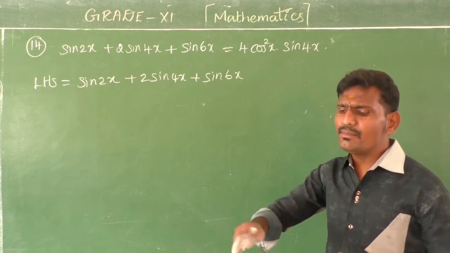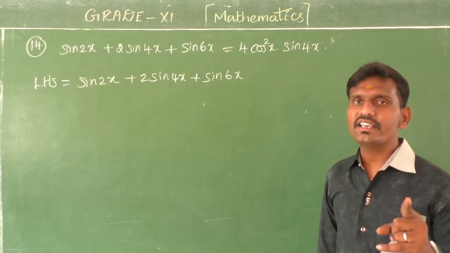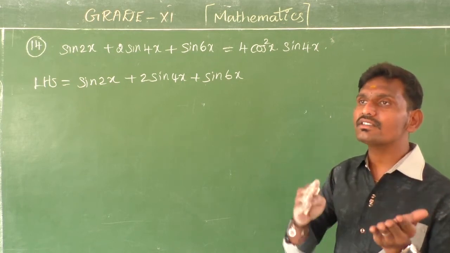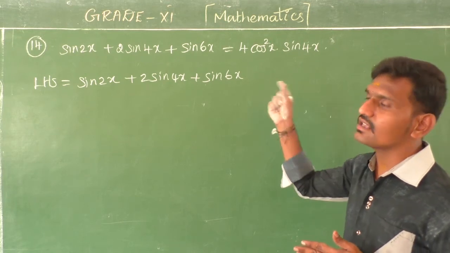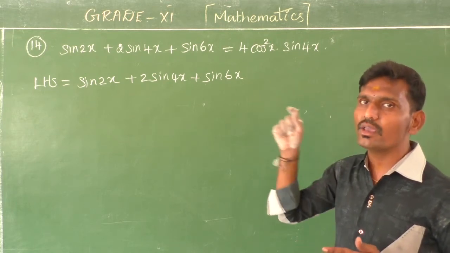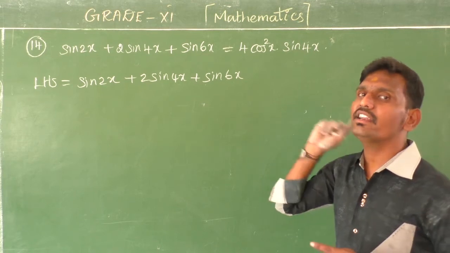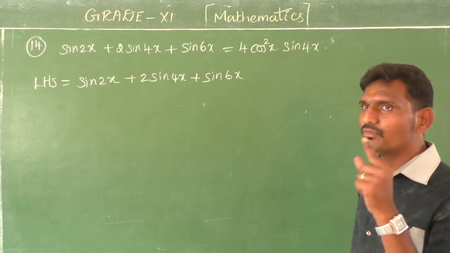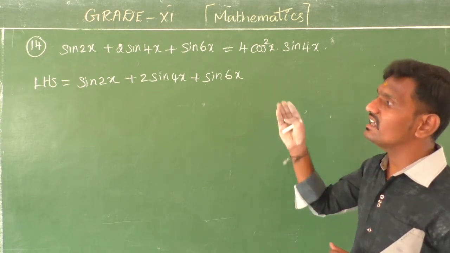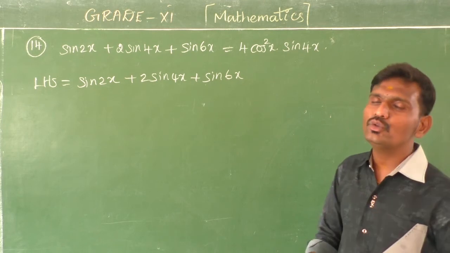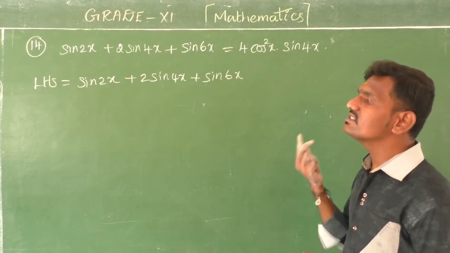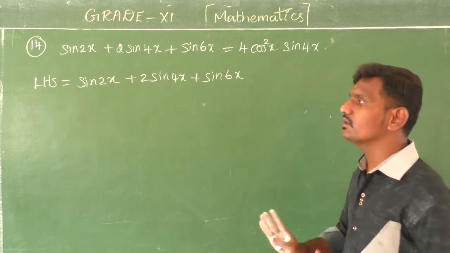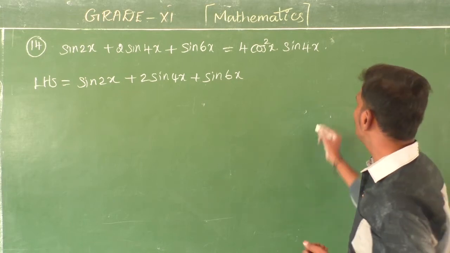It is a very easy method to remember. You know the cos x plus y formula, cos x cos y minus sin x sin y. So when you have cos x plus cos y, it will come with cos on both sides, that is 2 cos x plus y by 2 into cos x minus y by 2. And cos x minus cos y has a minus 2 into sin x plus y by 2 into sin x minus y by 2. There you see cos cos, here sin sin.